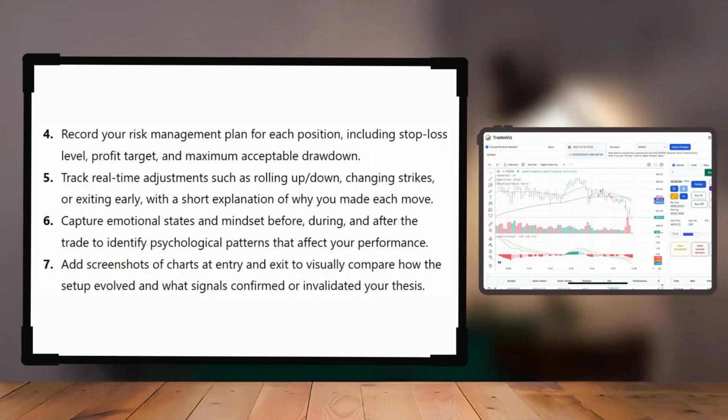Record your risk management plan for each position, including stop loss level, profit target, and maximum acceptable drawdown. Track real-time adjustments such as rolling up or down, changing strikes, or exiting early with a short explanation of why you made each move. Here, capture emotional states and mindset before, during, and after the trade to identify psychological patterns